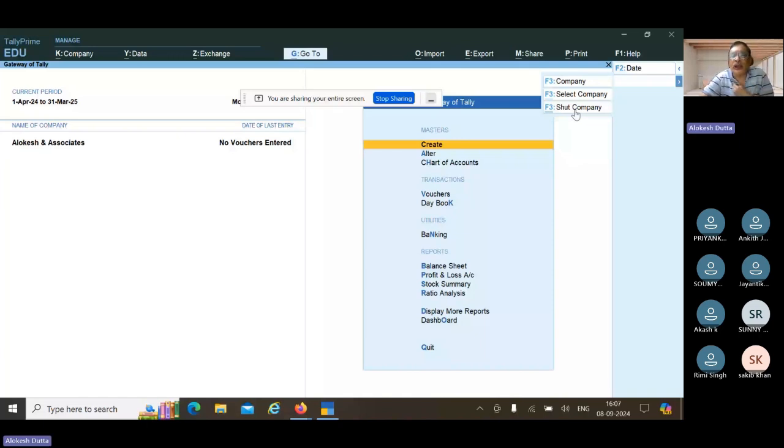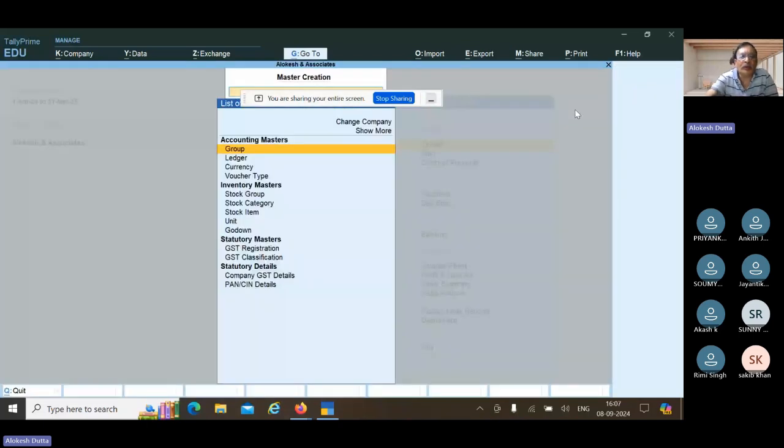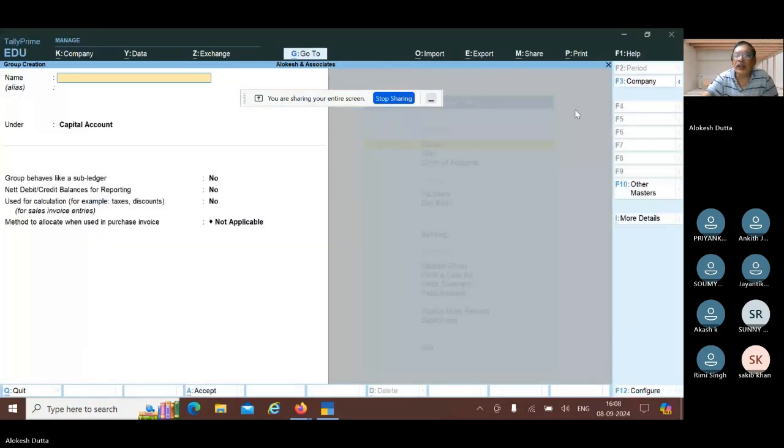So right now, what we can do is create some groups. I am showing you how to create the groups. Last day I created some. The cursor is at the Create button. Create. Here is an option: what do I want to create? I want to create a group, or ledger, or currency, or voucher type. I want to create a group right now. Okay. If I want to create a group,